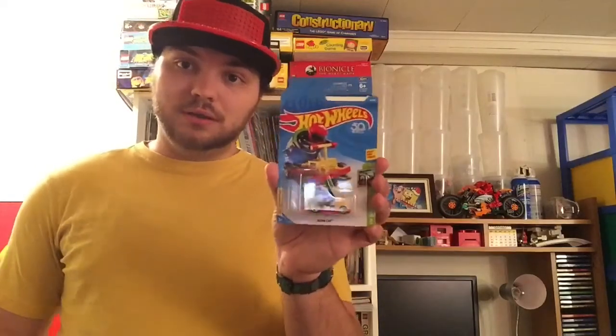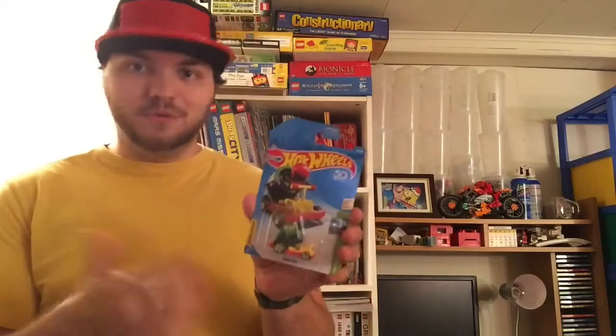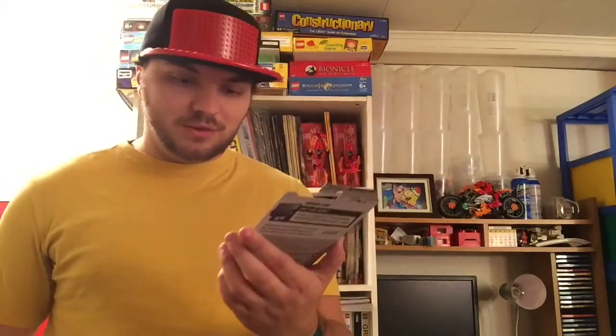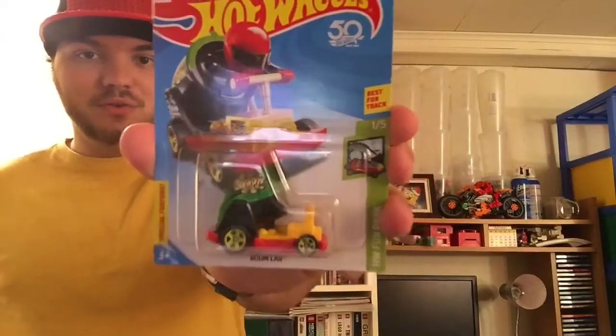And then, this one says it's a special feature, and it also has a Hot Wheels 50th on it, because it's actually made for 2018. Hot Wheels was established in 1968. Yeah, it's made for 2018, but an early release kind of thing. Like your average car. It's a boom car. And it's a new color for it, a whole bunch of colors really, but I do already have a series